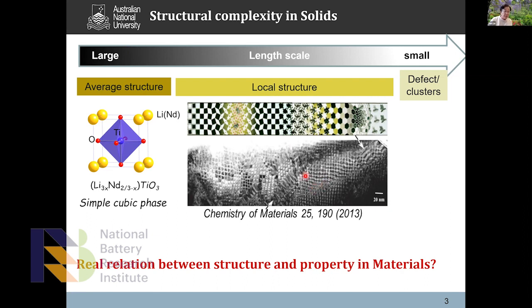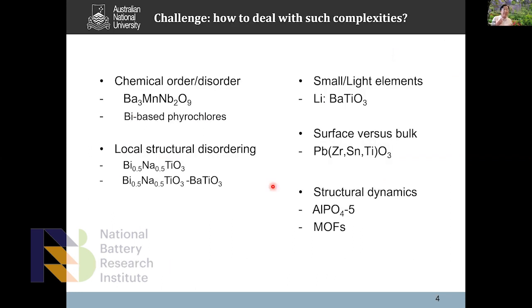That indicates the chemical and local structures are quite different. So we really need to combine different techniques to build a real relationship between structure, property, and chemistry of the materials. That's why I will give some examples,